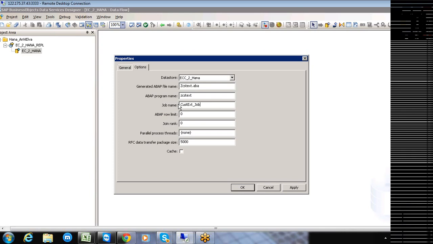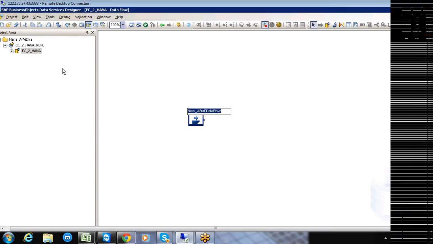These are all the settings I'm making in order to make sure the correct data is extracted from the SAP ECC platform. I'll apply like this and then click on OK, where you can see you're going to have this particular ABAP data flow that is going to exist here.